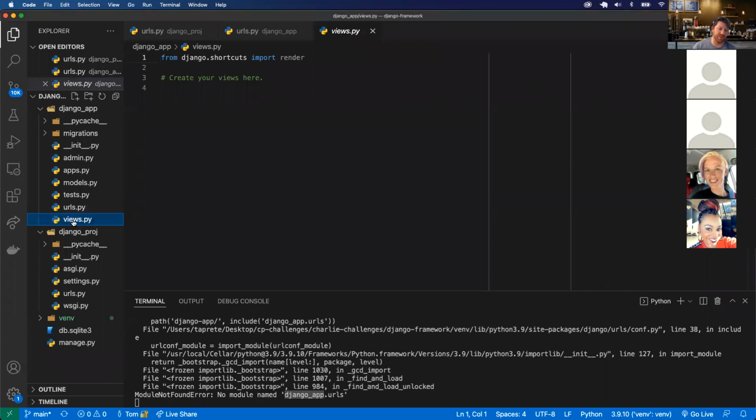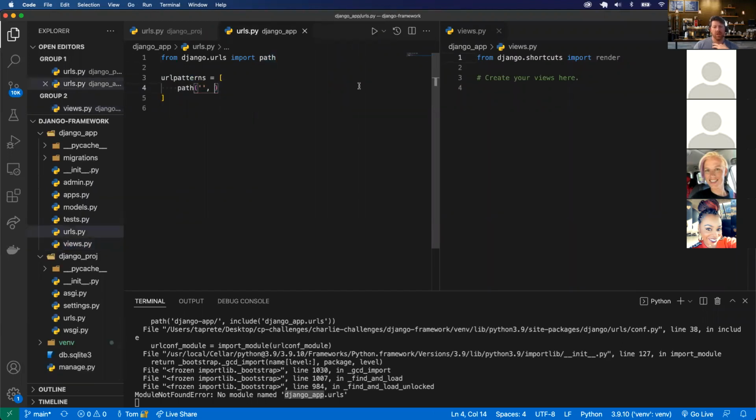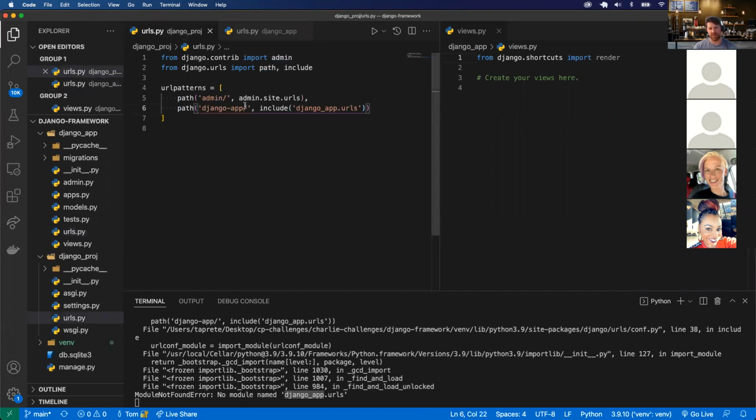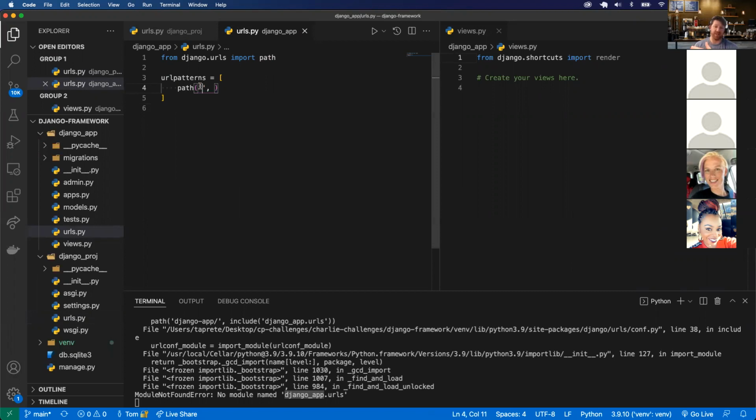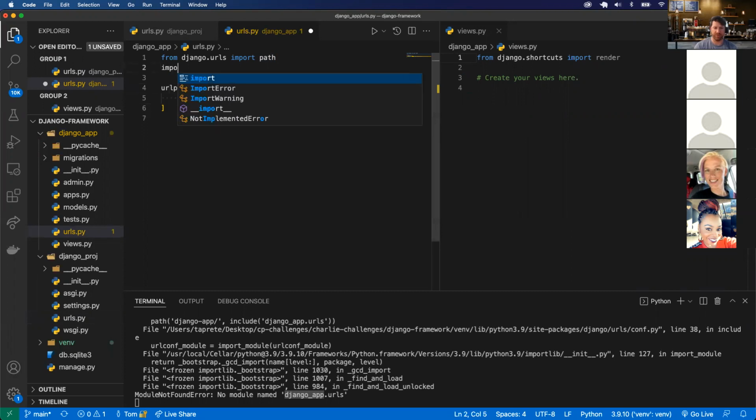So I've got this views.py file inside of my Django app. I'm going to open that up and split the screen. And in here, there's views, this is where I'm going to create my methods that are going to render something specific on the screen. So when I visit that Django-app/ and I don't have anything after the /, I'm going to come in here. I'm going to render views.index, name index. So inside of my views, I'm going to have to import my views,